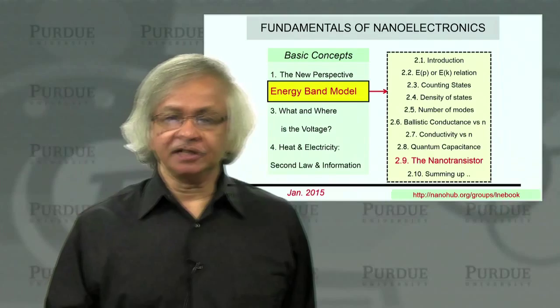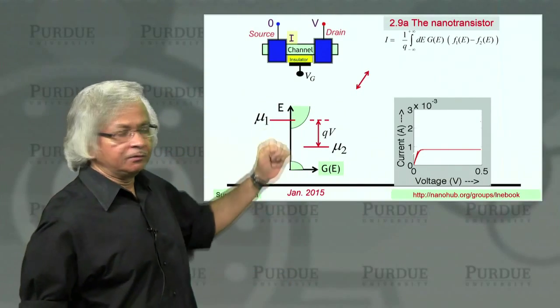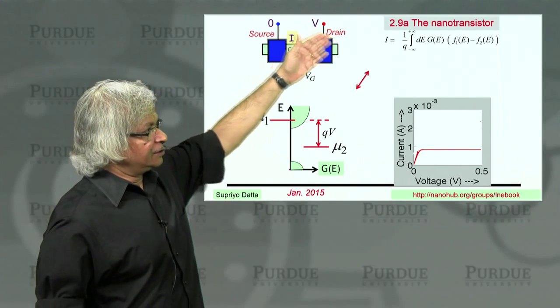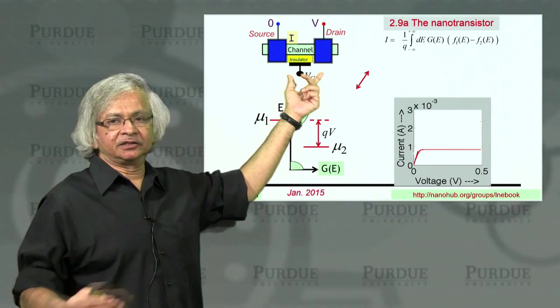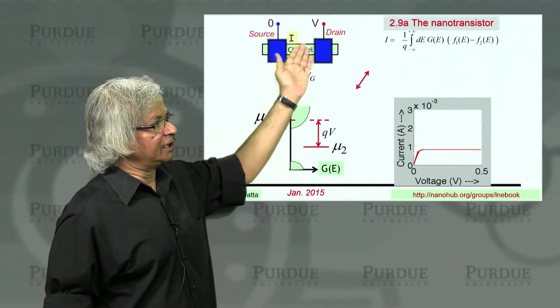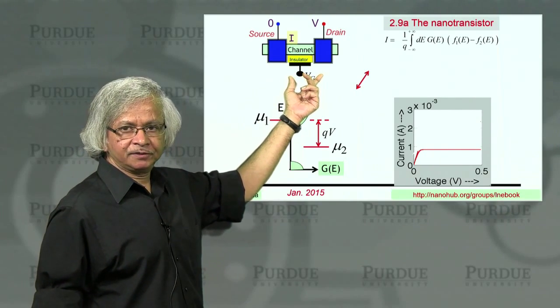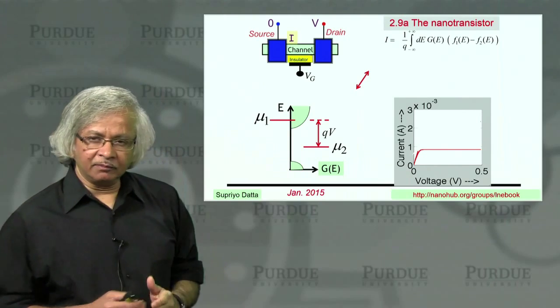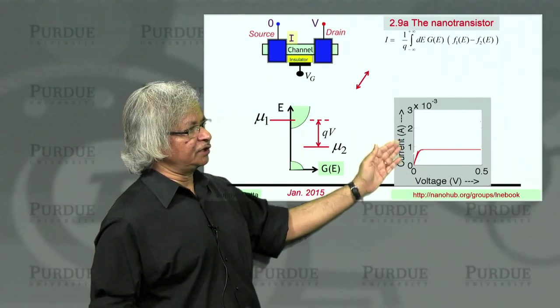This is Lecture 9. Now, in the last lecture, we talked about this transistor. For the first time, I guess we introduced this third terminal into it, the gate terminal. And we talked about how the conductance is changed through the gate voltage. Now, what we want to talk about in this lecture is the full current versus voltage characteristic.